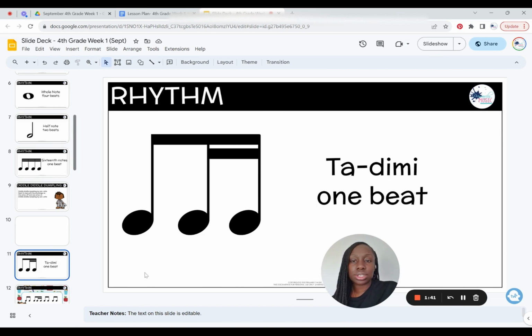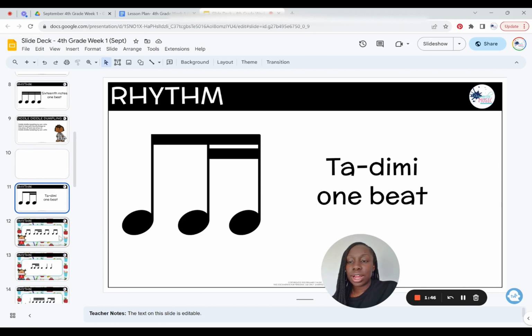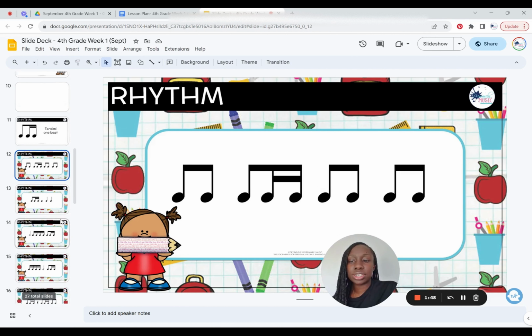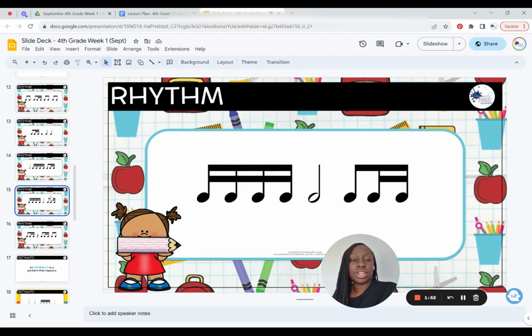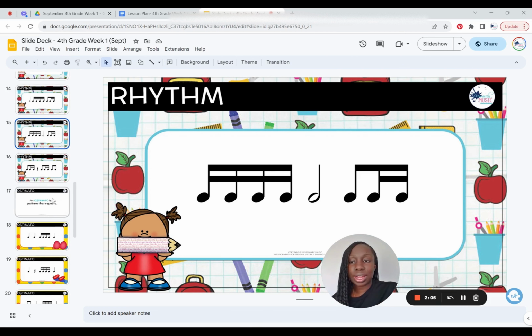And then you just talk to them about Tadimi, and they'll be able to practice different rhythms with the new notation. They can say this, they can clap it, they can use rhythm sticks, body percussion, however you want them to get the rhythm into their body, you can.